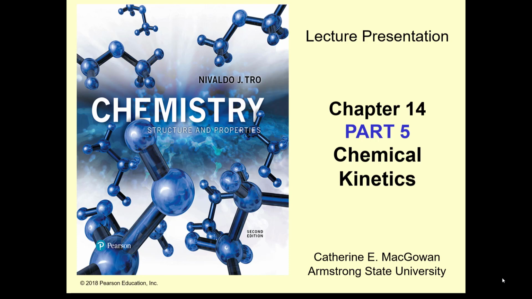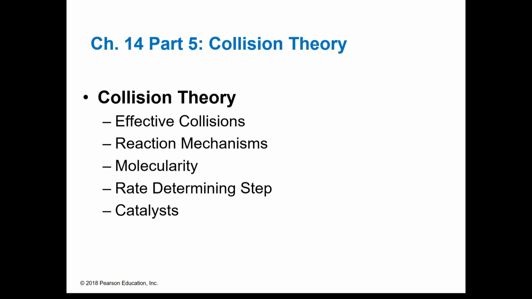Welcome to part 5 of chemical kinetics. In this chapter what we're going to look at are the actual molecular collisions and the things that are going on at an atomic molecular level that actually cause these rates to occur at certain speeds. So we're going to look and see what actually creates an effective collision, the mechanisms that are involved,